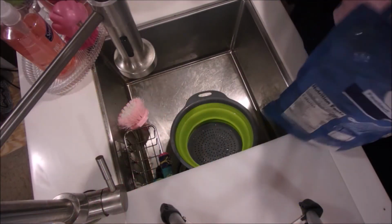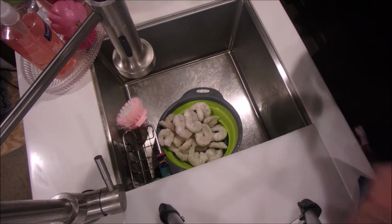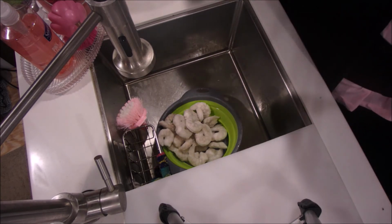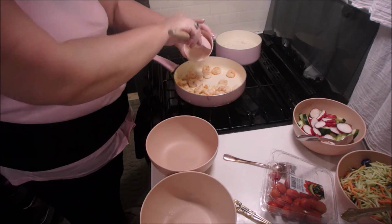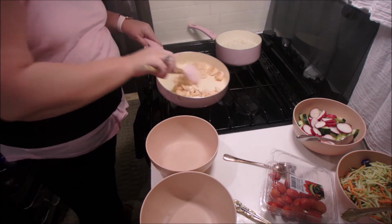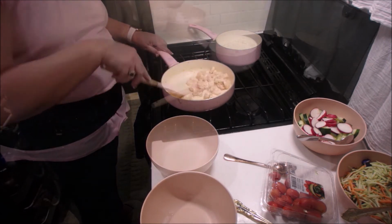The other thing I did do is get a can of black beans, and I drained and rinsed those and got them ready. Now I'm going to get the shrimp out and just defrost that with the water and get that cooked in a frying pan. You can cook your shrimp any which way you would like. I also made some rice. I used white rice, and now I'm mixing in the mayonnaise sriracha mixture on the shrimp, and we will prepare